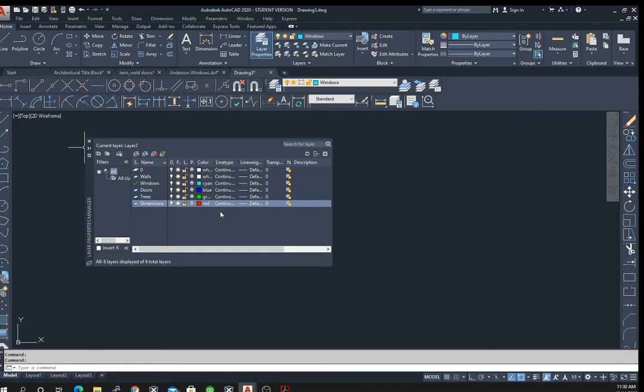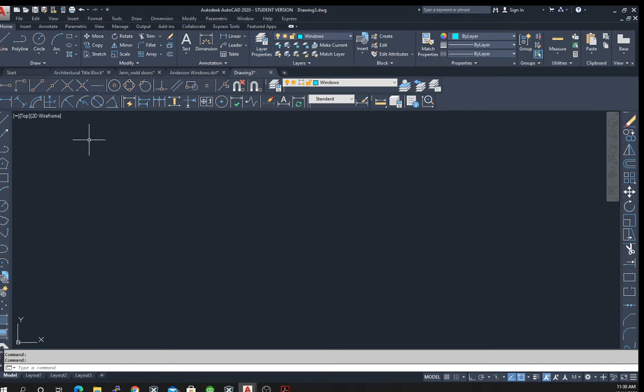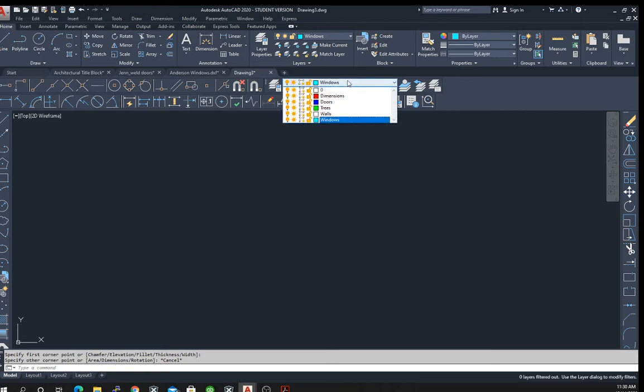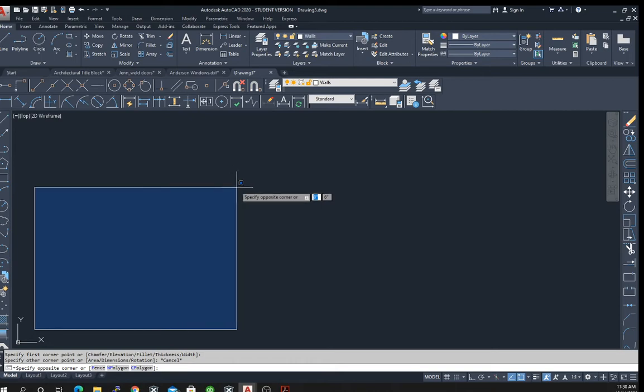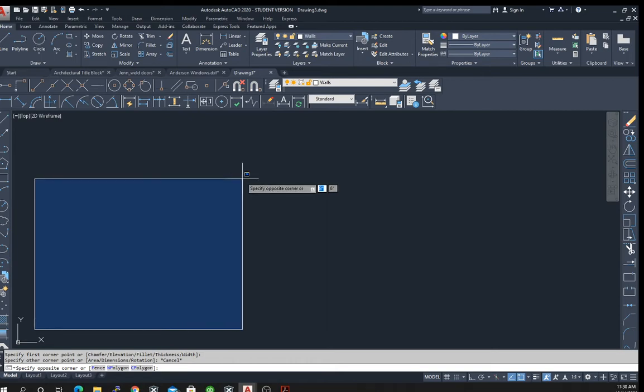But I'm going to make a few additional setups first. And this is related to the doors and the windows. I'm going to bring in the doors and the windows. So what I'm going to do is first check my area. Just in my wall layer, I'm going to start here and make a box that's